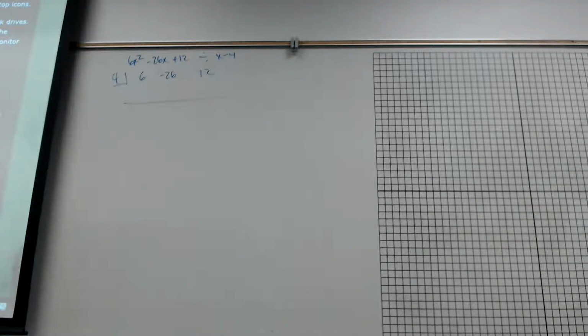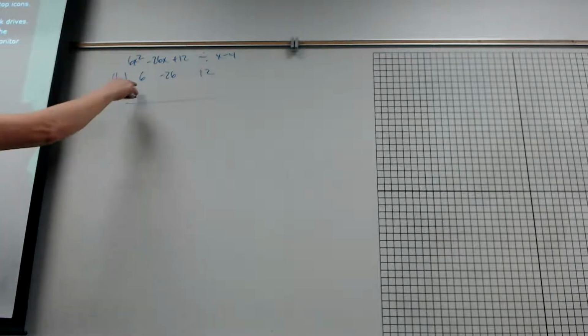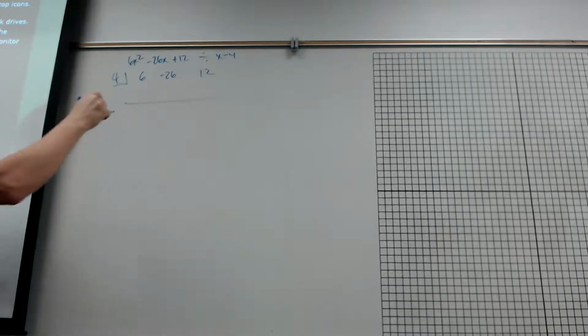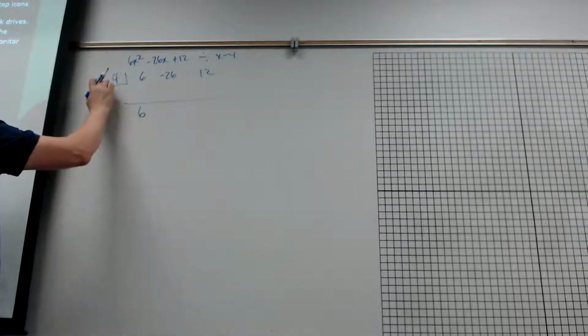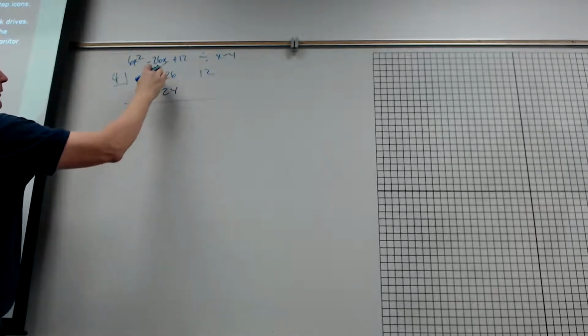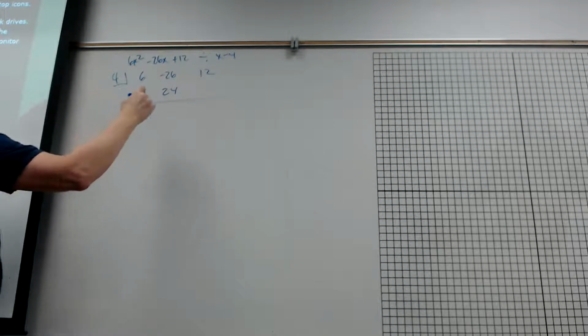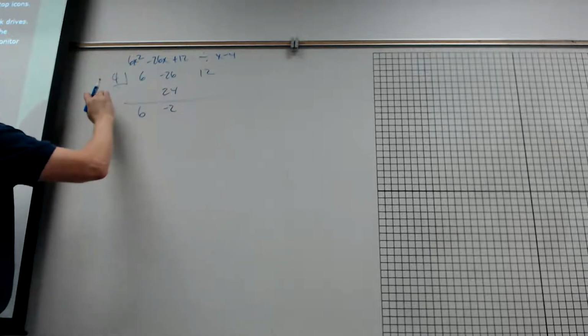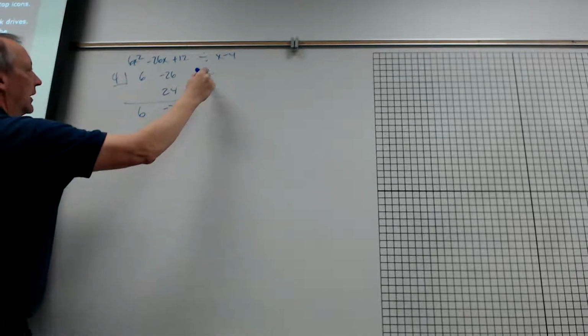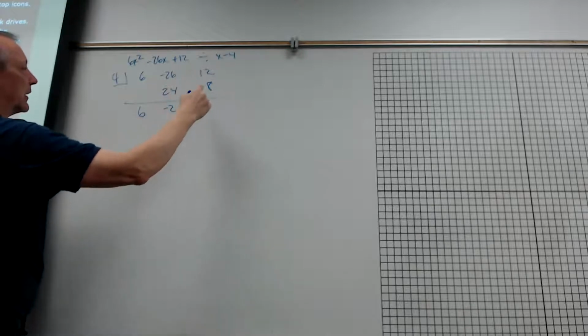Add down and multiply. You always take the opposite of the x minus 4. Okay, so 6 and 0 is 6. 6 times 4 is 24. Negative 26 plus 24 is negative 2. Negative 2 times 4 is negative 8. 12 minus 8,